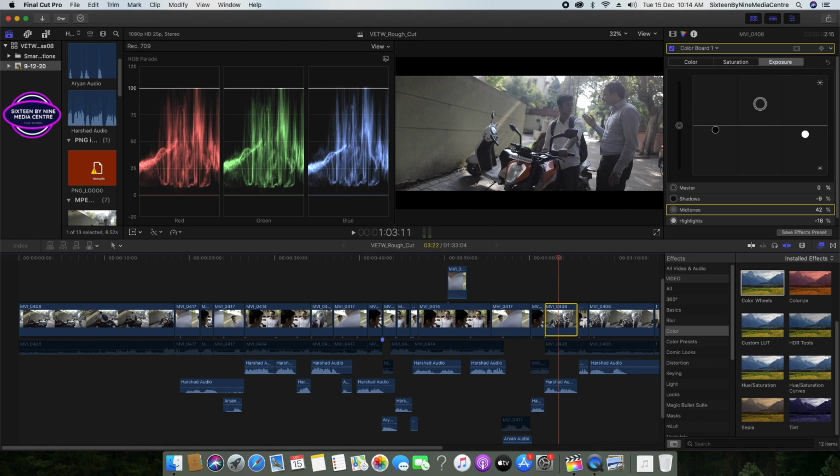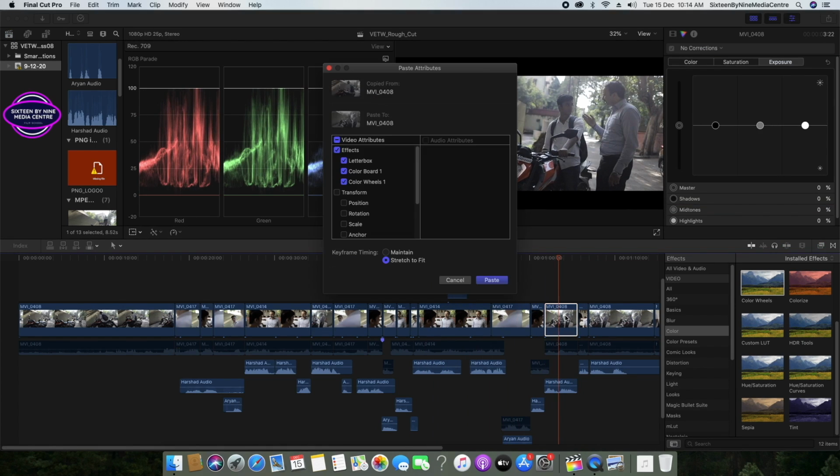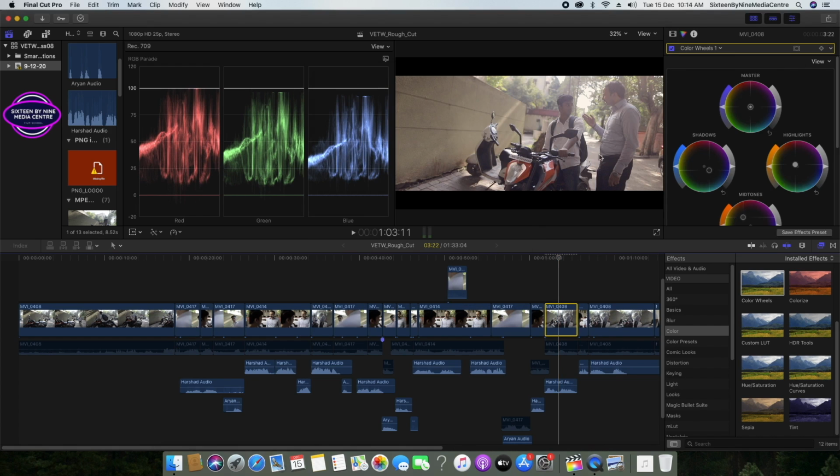So here again I do Shift Command V, deselect the letterbox and paste it. The saturation, exposure, and the warm highlights and cold shadows are coming here.